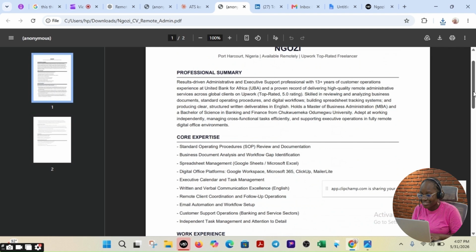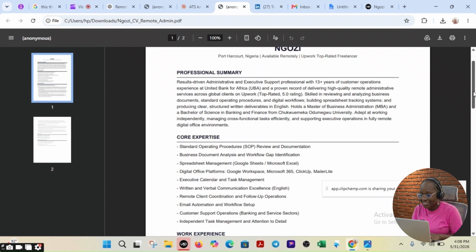So you see that coming up with your own CV shouldn't be a big deal, because by the time you start using paid tools, you start paying people to come up with a CV for you, how much are you going to spend? And of course, you're just starting up. So this is actually a way for you to come up with your own CV and apply. Jobs on LinkedIn are free. You don't have to pay like Upwork, which has to do with connects. You keep applying, and definitely one day a client will reach back, request an interview